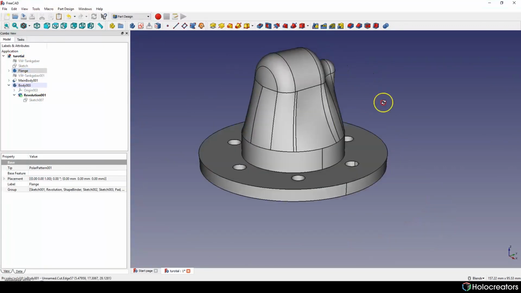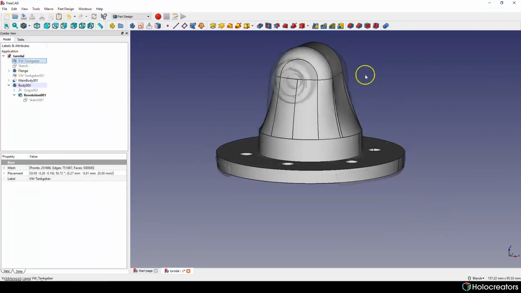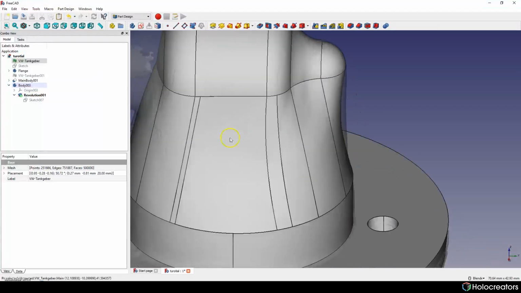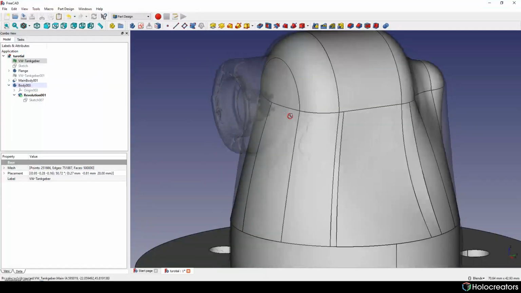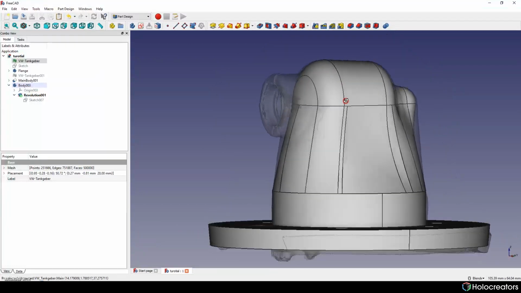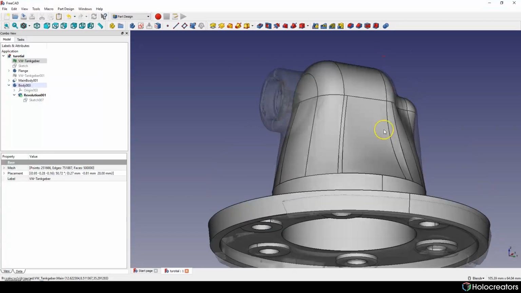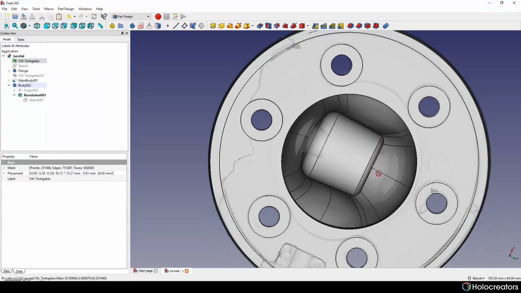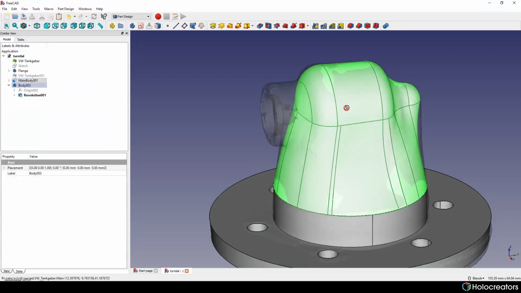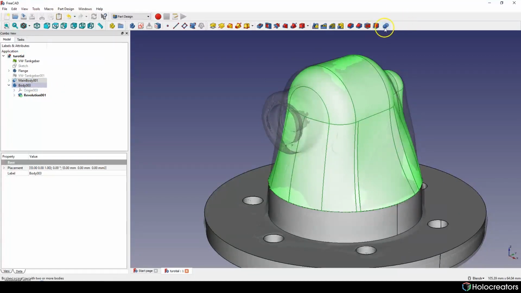And next we're gonna create this part over here. But before that, we need to make a Boolean operation to connect these two parts together. So we will choose our two main bodies and let's do a Boolean operation over here.